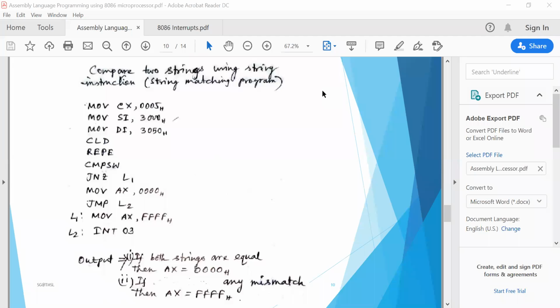If any data byte is different, if any mismatch is there, then your output will be shown as FFFF. Clear?